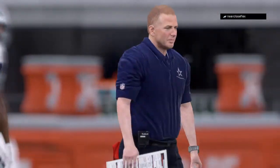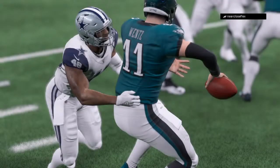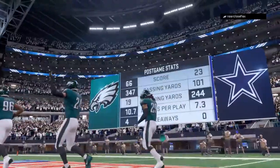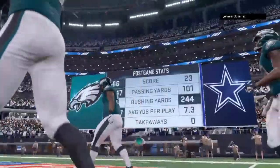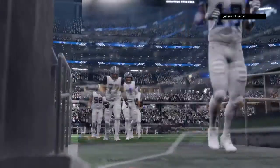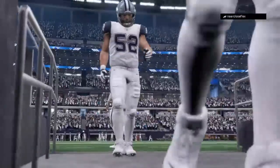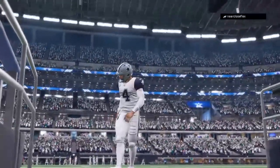So it's a victory here for the Philadelphia Eagles. And with that, our journey begins, Charles. Week 1 in the books. Going to be a great season. Oh, man, so much to look forward to. Isn't it nice to get a really good game right out of the gate? Preseason behind us. So for the Eagles, it's a fantastic start as they roll to a blowout victory here in the season opener. And they'll get another road test next week as they have to go to Santa Clara to take on the 49ers. Meanwhile, for Dallas, they obviously fall to 0-1 with the defeat. And they'll try to rebound next week as they head to Glendale to